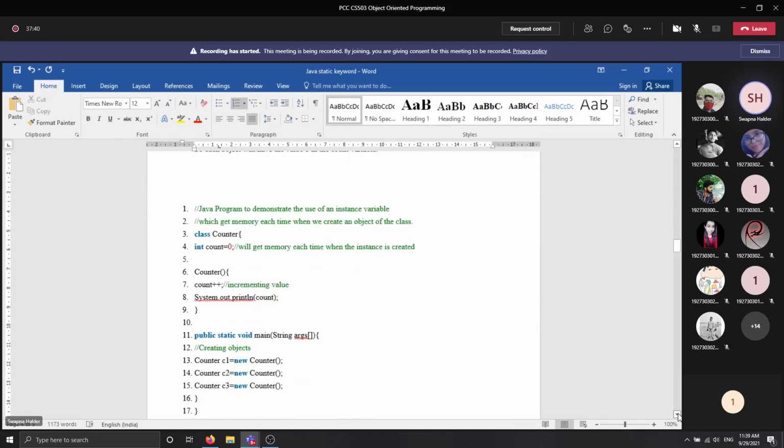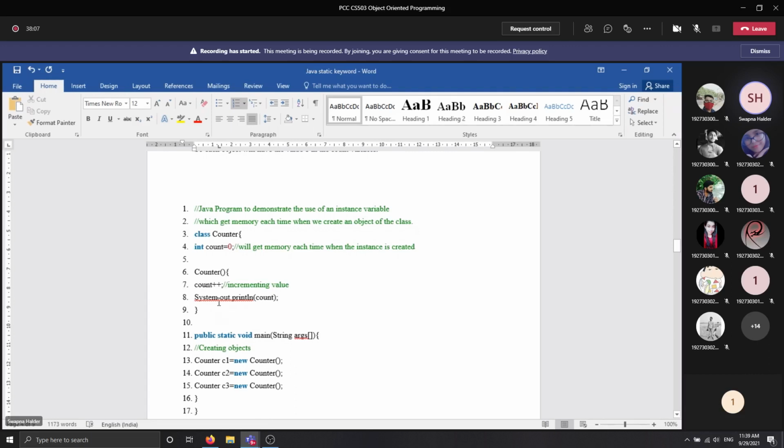Okay, is it visible to you now? Yes, ma'am. Here is a program where class Counter is declared, and within that class, one integer variable is declared and the value 0 is assigned to it. After that, you are declaring one constructor of that class, and within that constructor, you are incrementing your count variable by 1.